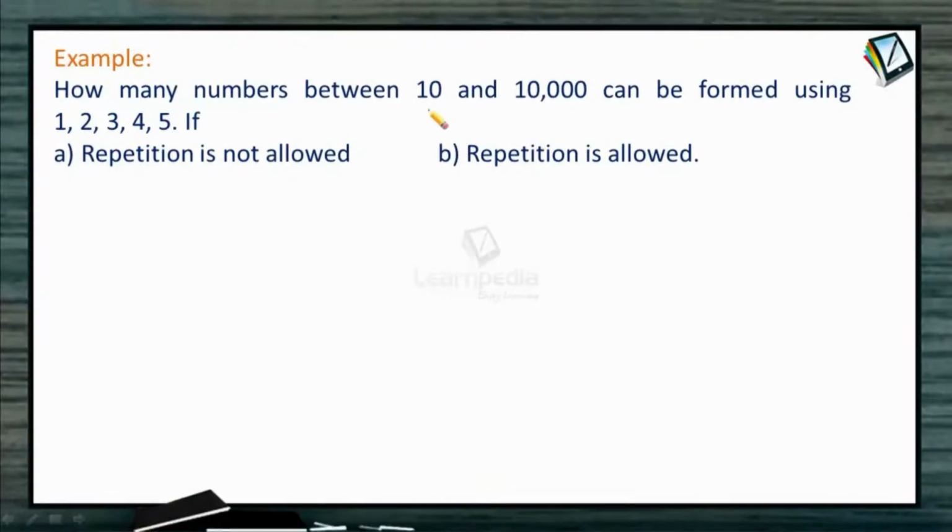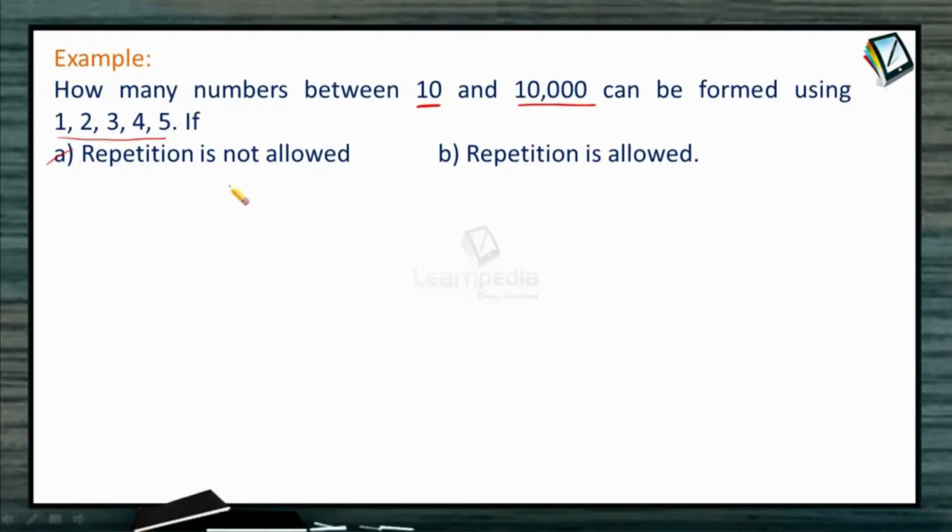Now, how many numbers between 10 and 10,000 can be formed using 1, 2, 3, 4 and 5? Now, look at the first condition. The most important thing is repetition not allowed. Now, before we proceed to identify the answer to the question, let's identify how the numbers that lie between